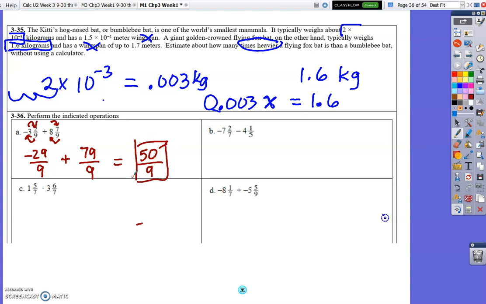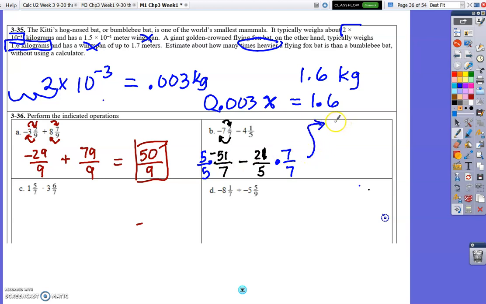Whereas B is a little harder because I do not have the same denominators. I'm not going to do B all the way for you, but I am going to do some conversions for you. So 7 times 7 is 49, and then 2 makes 51, negative 51 over 7, minus, and then 20 and 1 is 21 over 5. And then there I am. I do not have the same denominator, so I have to get the same denominator. I'm going to multiply this one by 7 over 7, this one by 5 over 5, which will give me